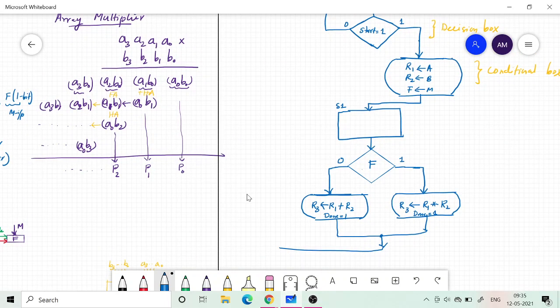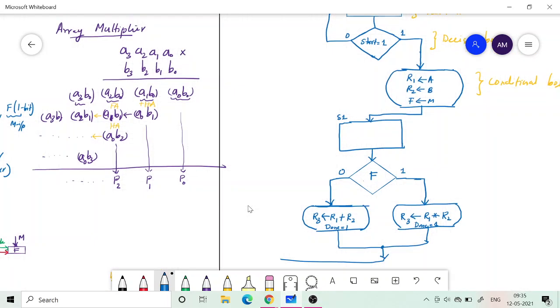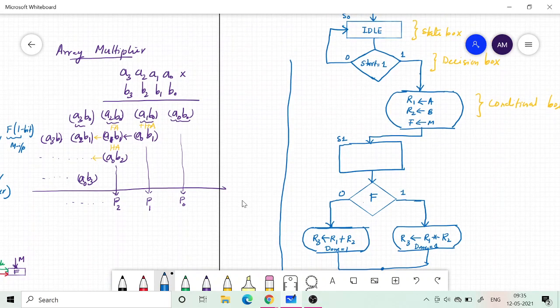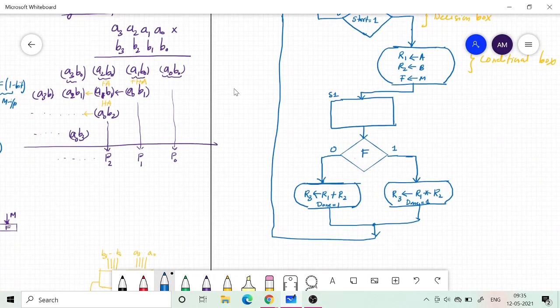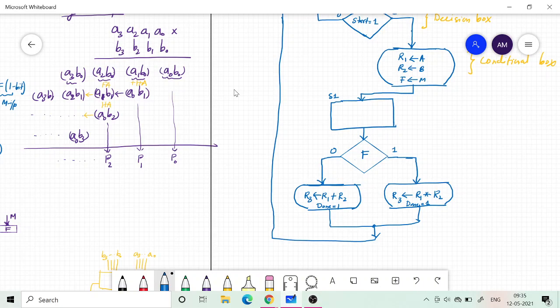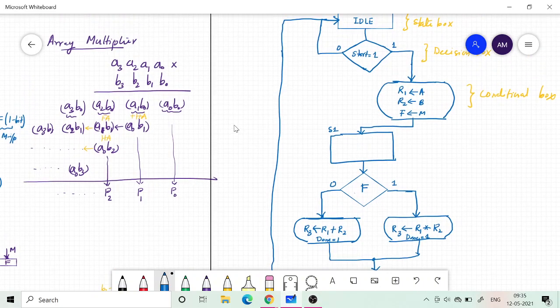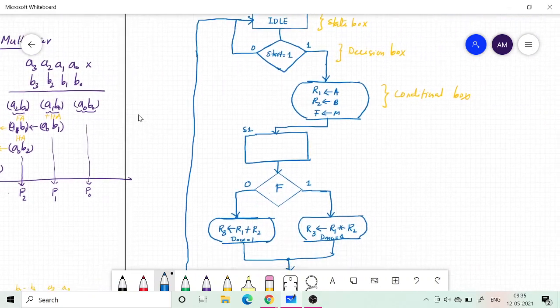I should go back to the beginning, to my idle state. So it only requires 2 clock cycles to perform the operation. So I will go back to the idle state. Now my result is available at R3 and my done is set to 1. Okay, so this is my ASM chart.